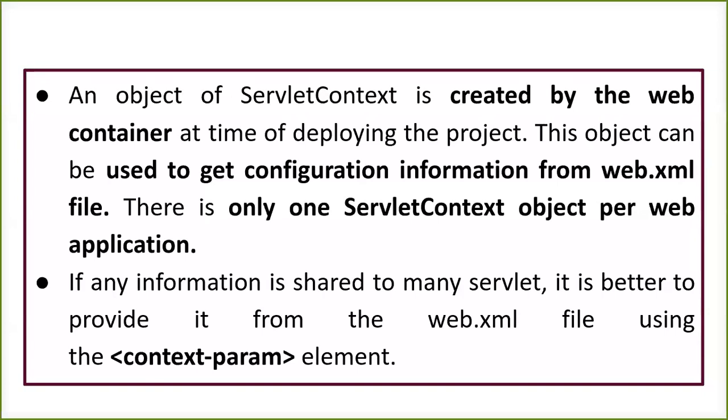Understand? So now I am going to get a mapping from one file to another file. That means my HTML file and the servlet file are linked to each other. They are mapped to each other. They are communicating with each other. So that is also one piece of configuration information I have. Now my servlet file is again communicating with my database. That is again another piece of configuration information I have.